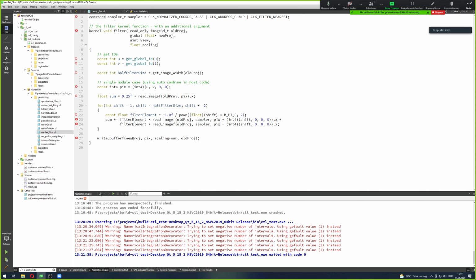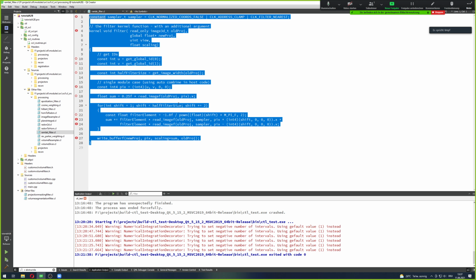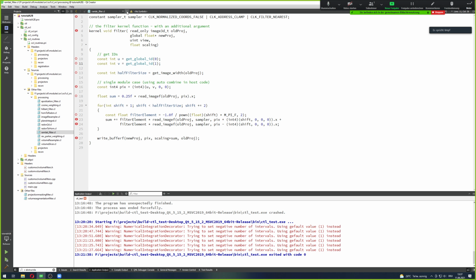Let's just take the RAM lag filter, for example, and then we can see the OpenCL kernel for that particular filter. And what I'm going to do is I will just copy the entire code that I can find in the RAM lag filter, and first of all paste it in my new projection masking filter, and then we can take a look at the individual lines of code